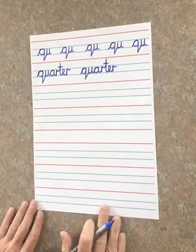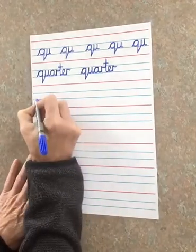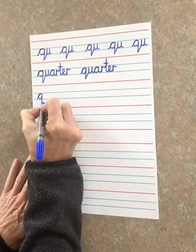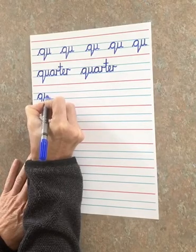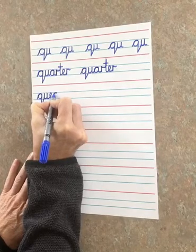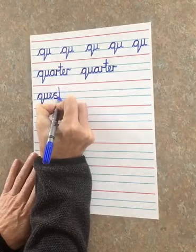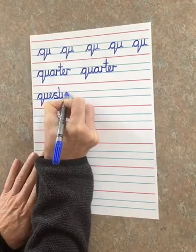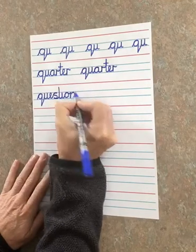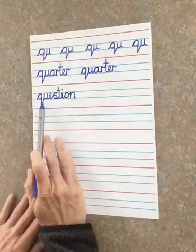Quarter. The next word we're going to write is the word question. Question. So again, you've got your Q, go down, down, down, straight up into the U, then it's E, S, join the S from the bottom, up into a nice tall T, I, O, join your O from the top, and then you can go back and dot your I and cross your T. Question,